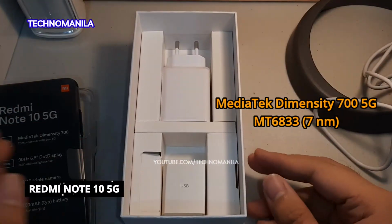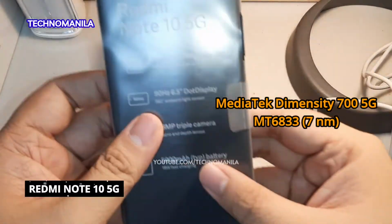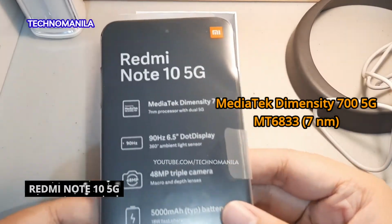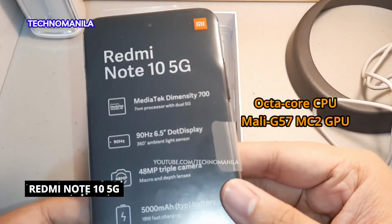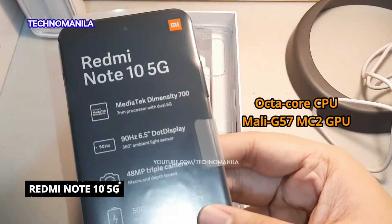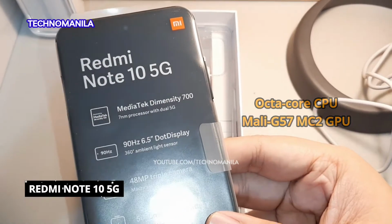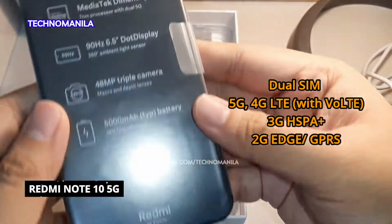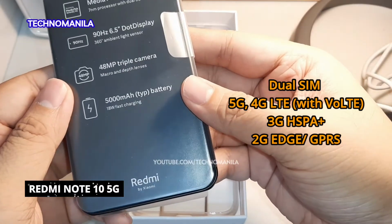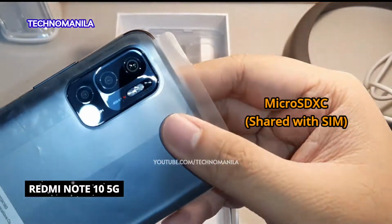The processor of Redmi Note 10 5G is MediaTek Dimensity 700, which supports dual 5G. It has an Octa Core CPU and GPU of Mali-G57. The unit supports dual 5G, of course, LTE with Voice over LTE or VoLTE, 3G HSPA Plus, and the 2G